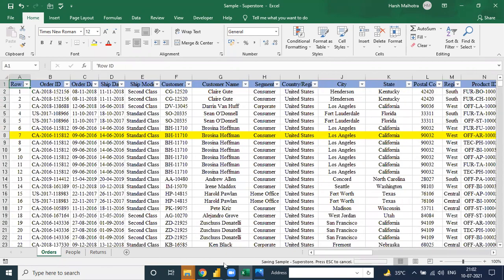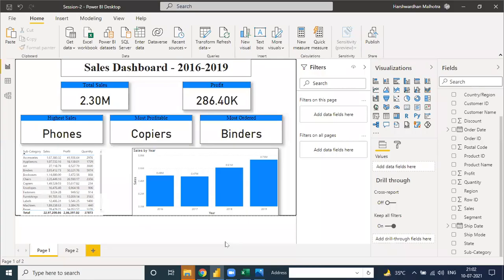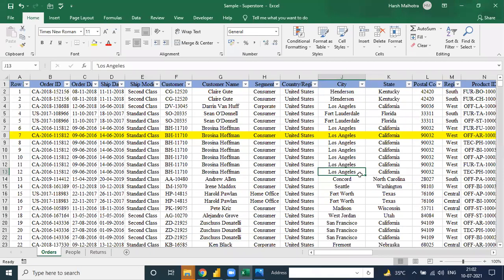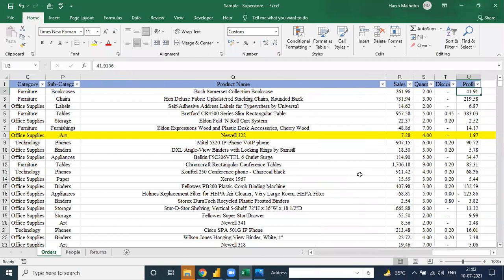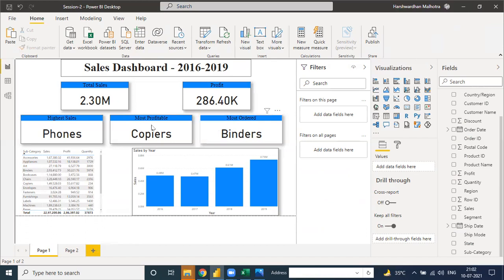Okay, Harsh, I have one question. Can you go to the dashboard? If the profit column has two components with the same profit, which name will be shown in that card? In this 2018, if two names have the same profit, it will show as per alphabetical order.